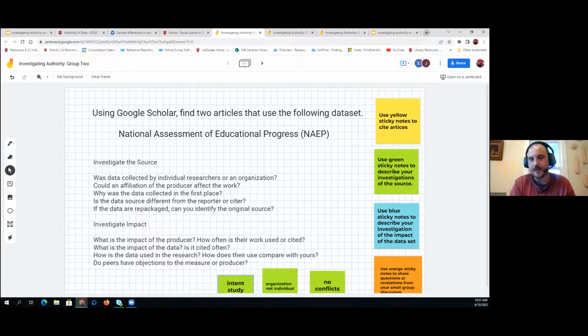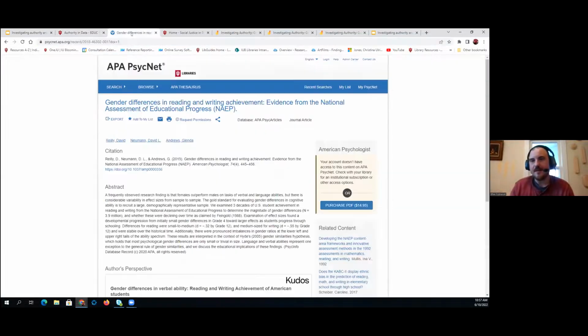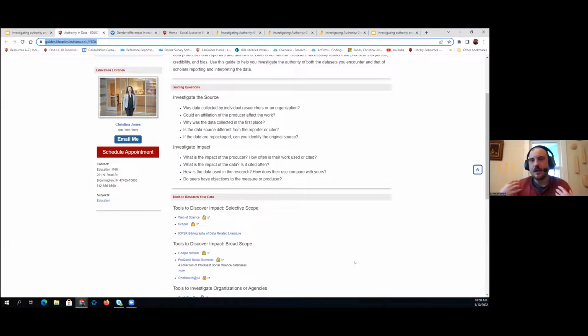But this could also be measured with the intent to increase educational skills, right? It could be maybe focused on STEM or humanities or social sciences. Those are just the types of things you'll want to think about when assessing a data set. And not all the time are you going to be able to get that great of information. But in the cases with these larger data sets like NAEP, you should be able to get a pretty good idea from reading from the organization themselves and different white papers that were published with the data set.